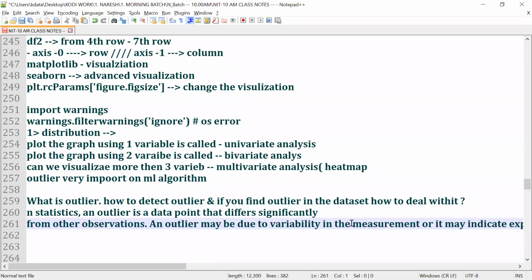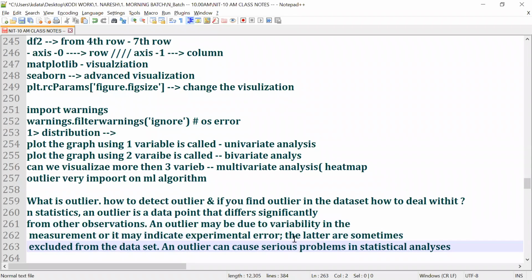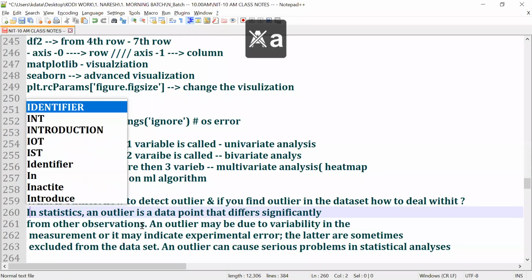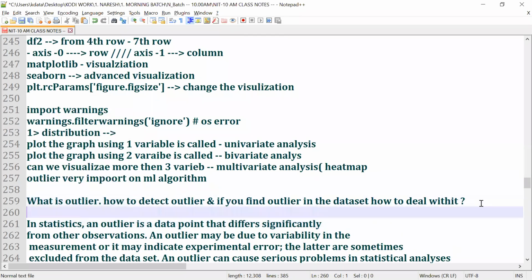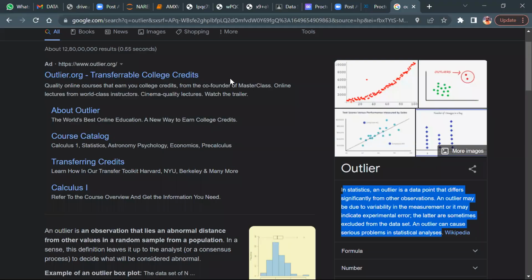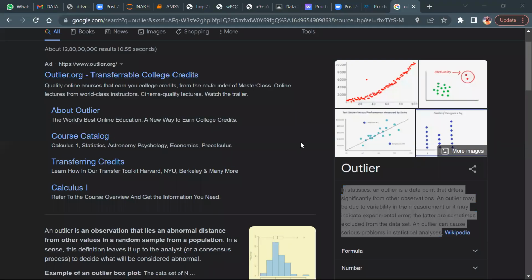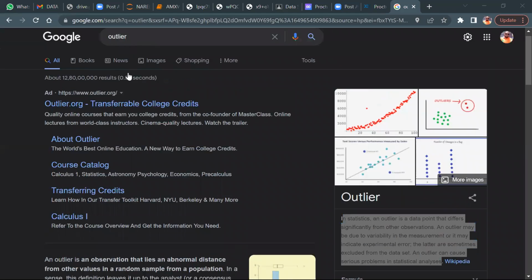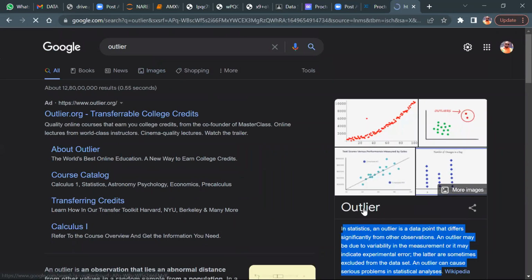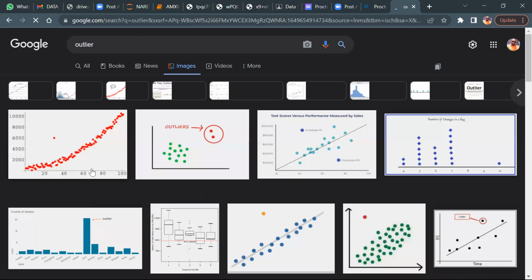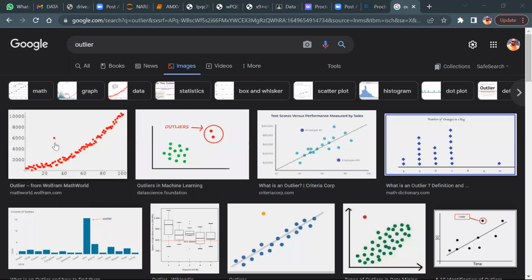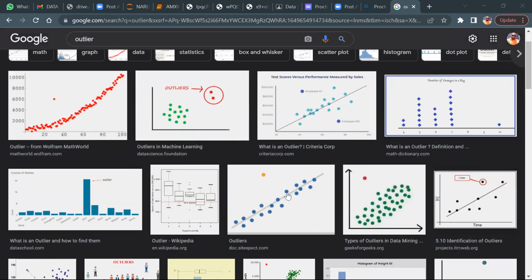All right. So what is an outlier? In statistics, it is very far from other data points. For example, let's go back to these images. Where is the outlier point over here? This one. Where are the outlier points over here? The other two data points. This one also.